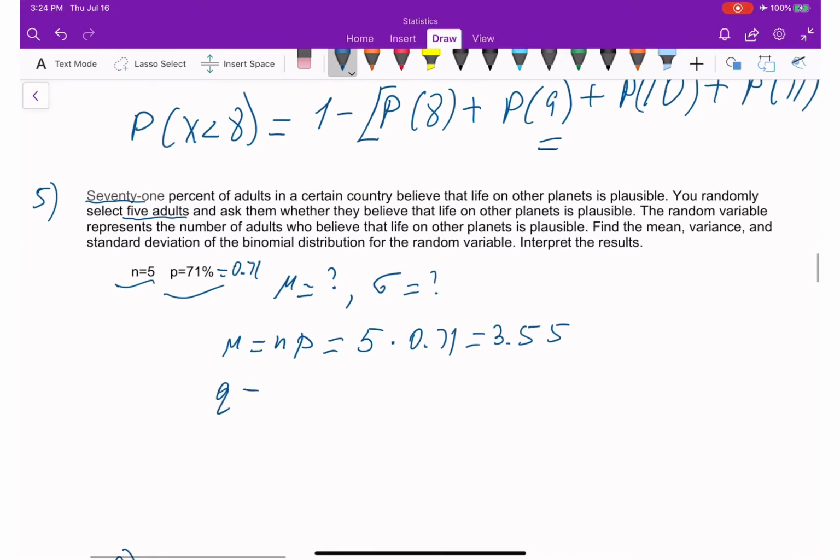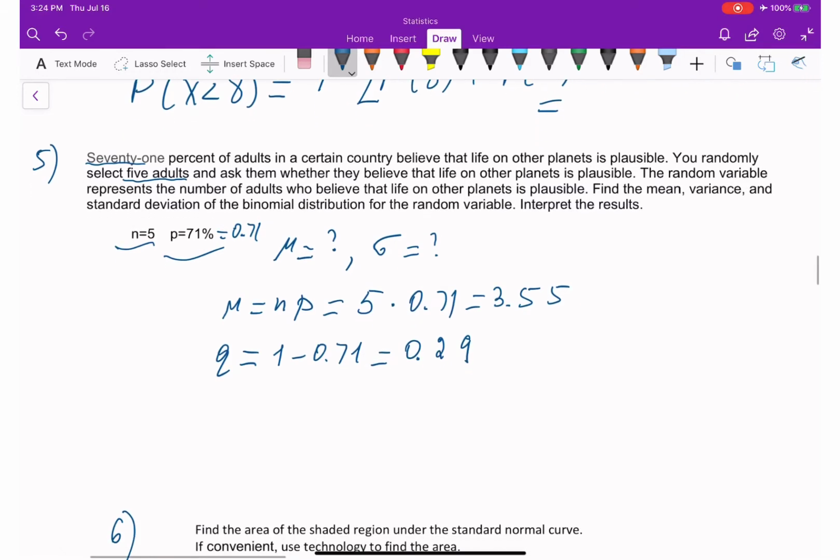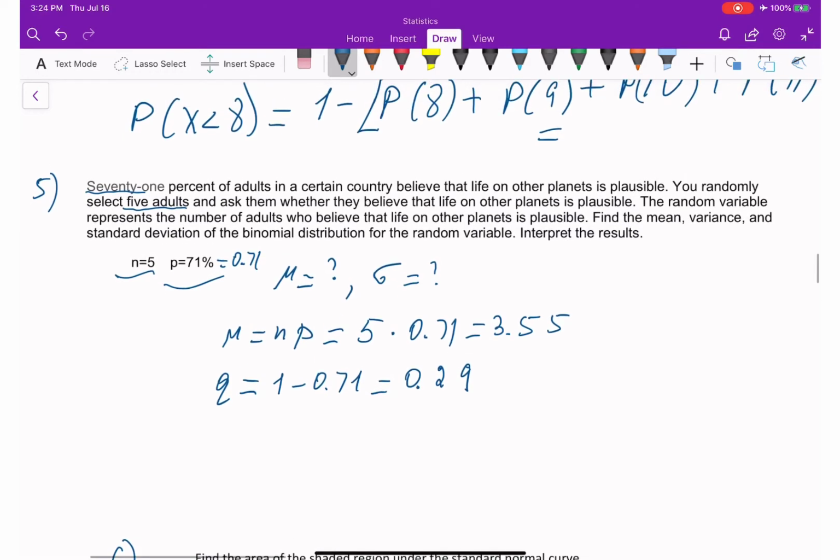Q is equal to the probability of failure, 1 minus 0.71, which is going to be 0.29. Why did we calculate this? Because we need to find the standard deviation. For standard deviation, we are going to go through variance, right? You have to find the variance and then take the square root. So variance